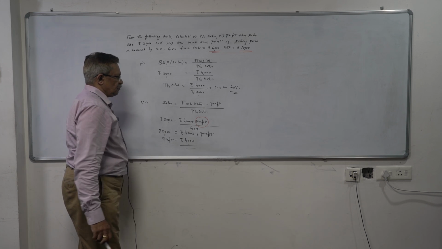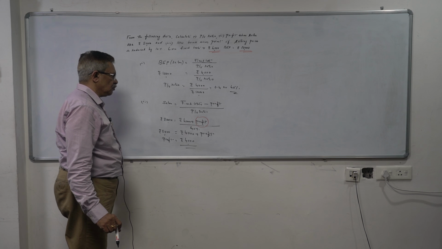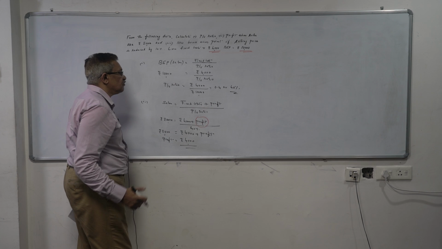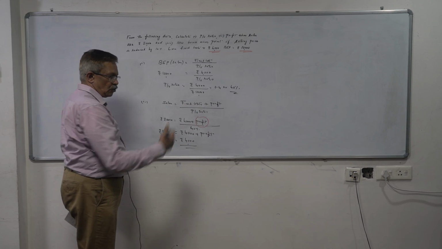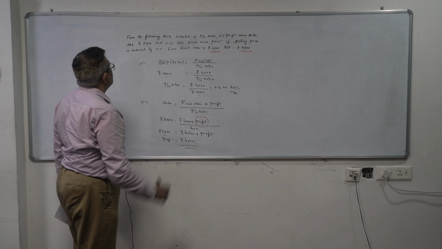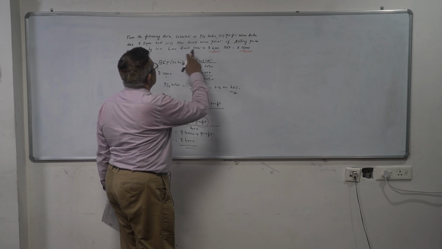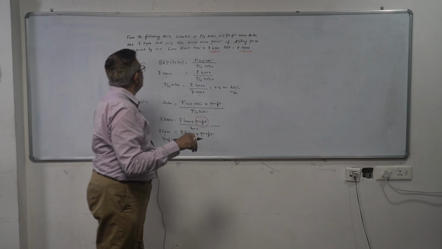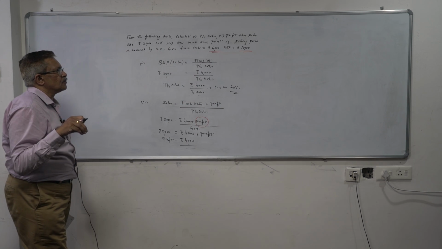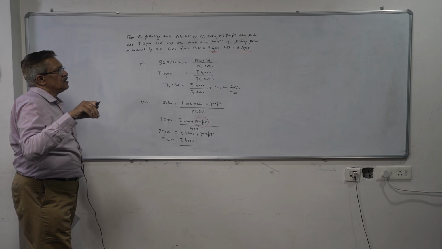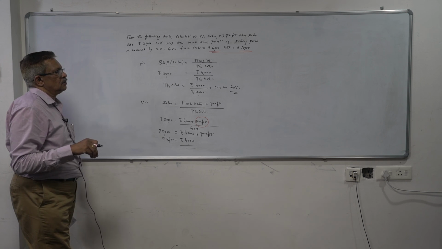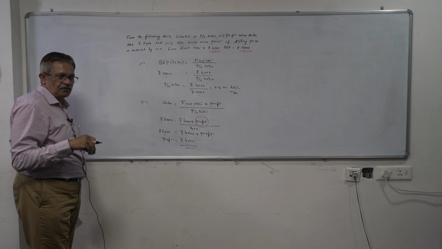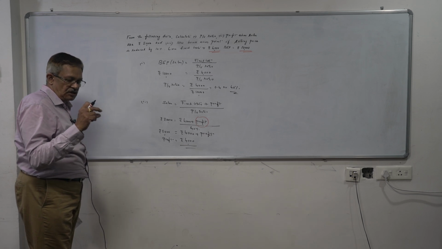I'm using the sales figure to find out the profit figure, given the other components of fixed costs and the PV ratio. Let us move to the third bit. He is asking us to find out the new break-even point if the selling price is reduced by 10%. When the selling price is going to be reduced, what happens? We have to sell more because the profit margin per unit comes down.